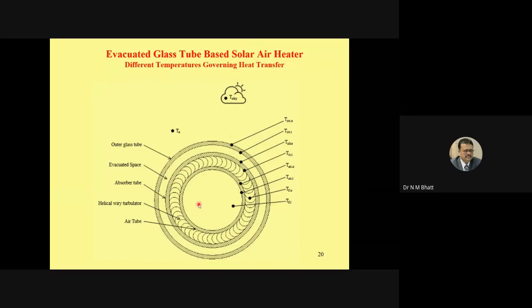Though we have already taken a short break a while ago, if you have any question quickly on the working or the various heat transfer modes, you can ask. Only 15 seconds. If you want any of the heat transfer modes to be repeated, let me know so I can repeat quickly.